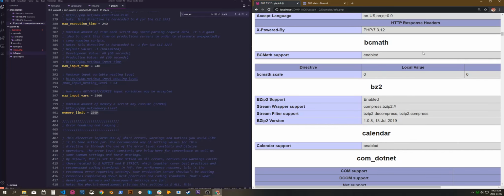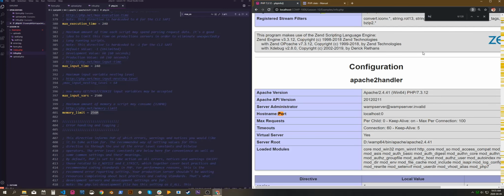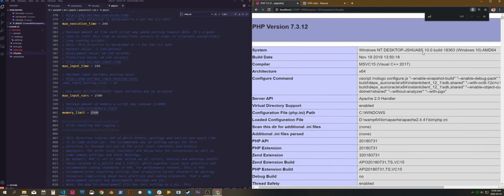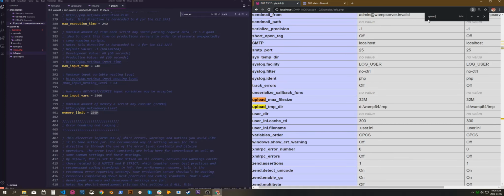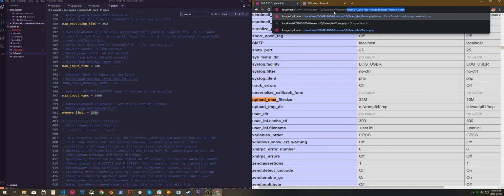Right? And the big ones that we really care about is the post max size, which is 32 megs, and the upload max file size, which is 32 megs. So we should be able to support 32 megs without an issue. Let's go to form.php,